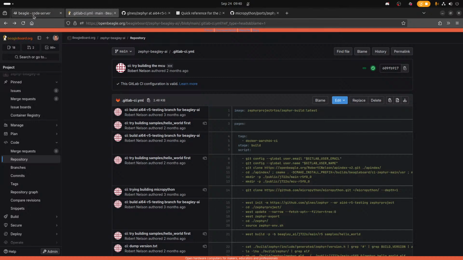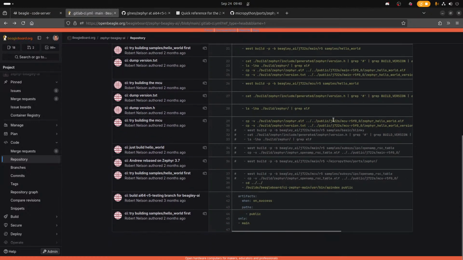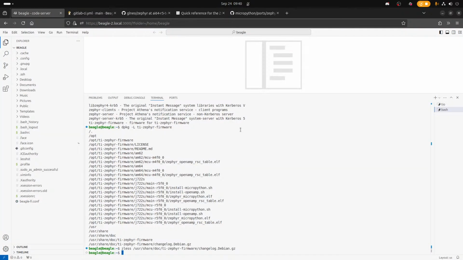I guess Hello World is also there, right? I don't know if their Hello World includes the Zephyr console. Yeah, it does not seem to provide a console. I tried building and loading the image locally.